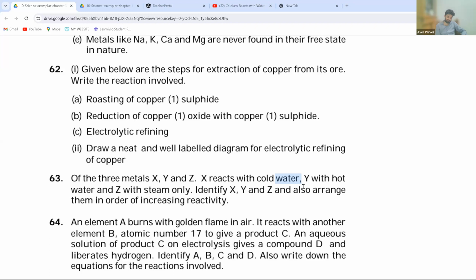Sir, X is calcium, Y is magnesium, and Z is zinc. Yeah, that can be zinc, aluminium, or iron. Okay. Yes, you are correct. So I hope you